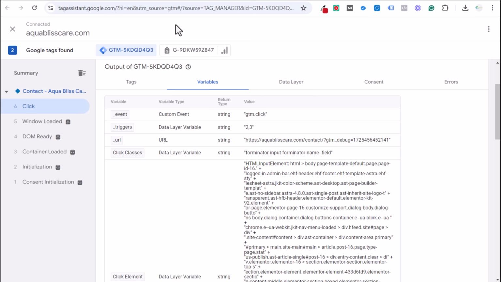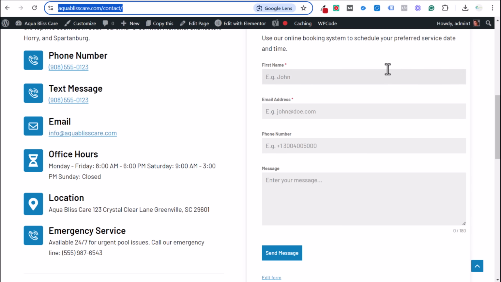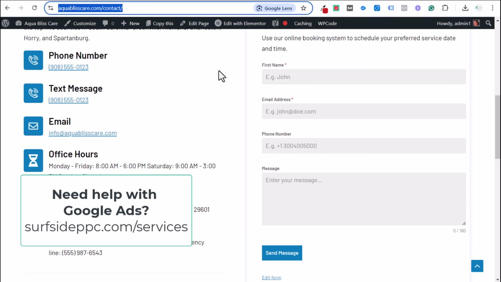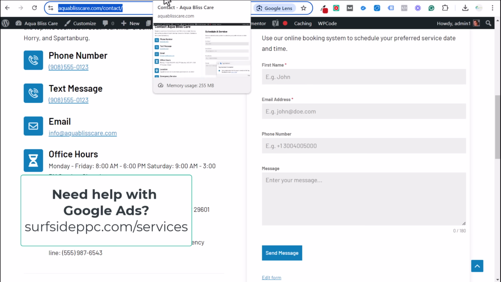They don't track for every single form type, but generally if you have a form on your website, that will track. I will create a separate video for how to do that, but I just wanted to go over that first. But if we come over here and we are coming back to our Google Tag Assistant, we come to the page here